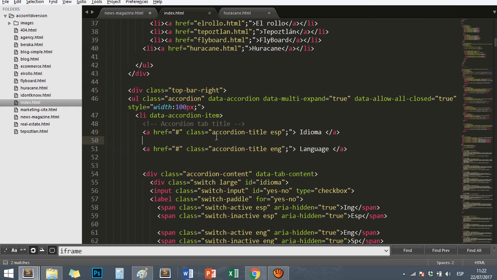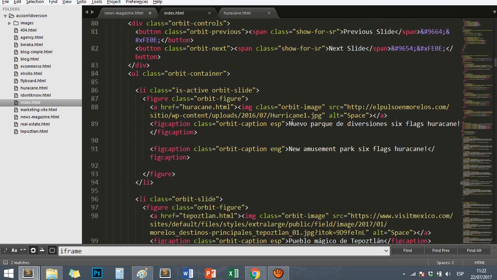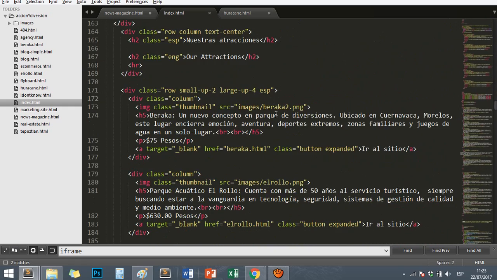So when you have the class ESP, that is Spanish, we hide the elements with the class ENG, and when the English appears, we need to hide the elements with the class ESP. So I have here elements with ESP class and ENG class. This one also ESP and ENG. The descriptions,